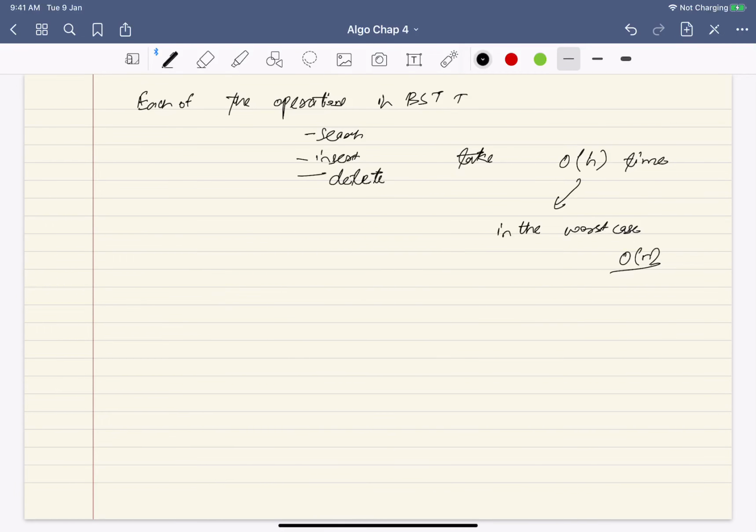Why is the height order n? Remember we talked about this. What does the height depend on? The height of a BST depends on the sequence in which the values are inserted.